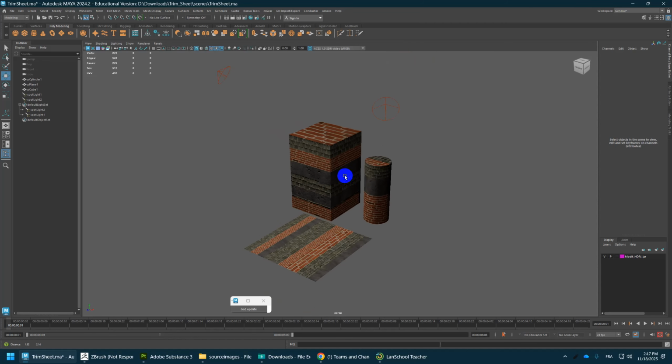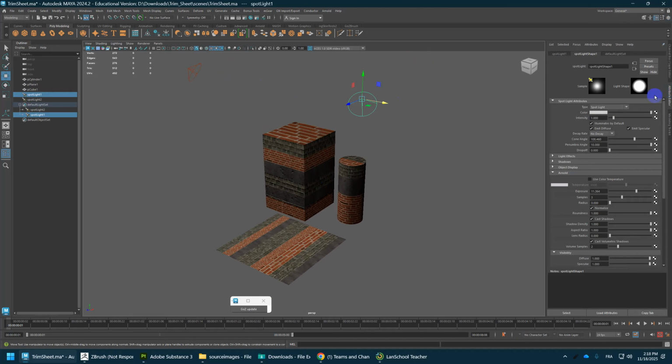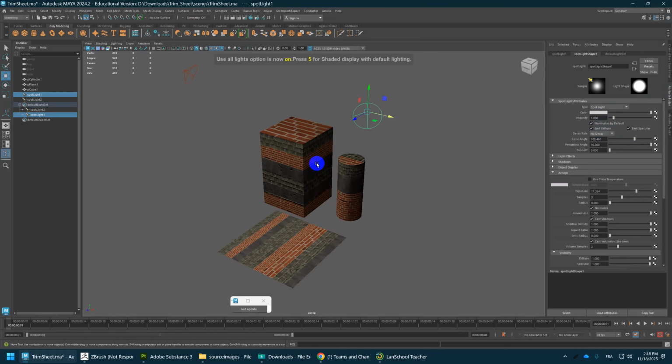For the rendering of the objects, I basically have a 2-point light setup. You could do 3-point as well, but basically I have a fill light. The only thing I really adjusted on here is I've widened the cone angle, and if we hit 7 on the keyboard, we should be able to hopefully see that. If not, Arnold can be a bit tricky, so sometimes I'll click on the renderer and switch to Arnold directly